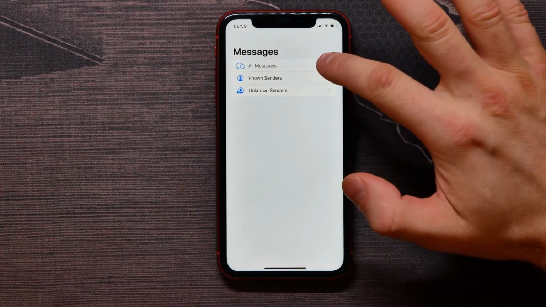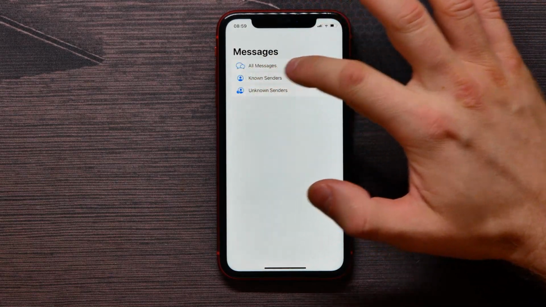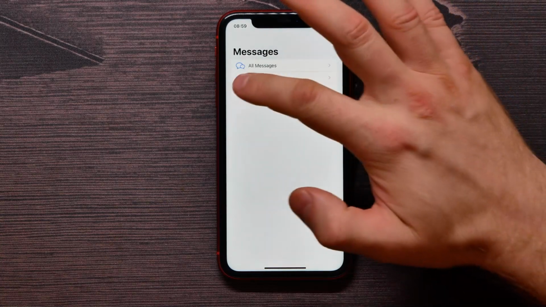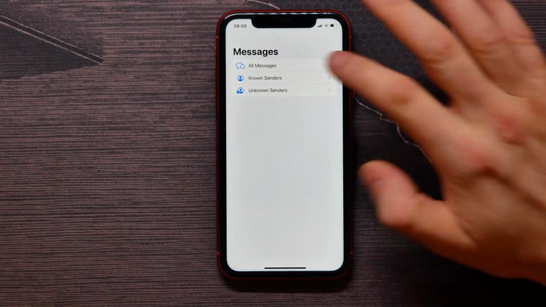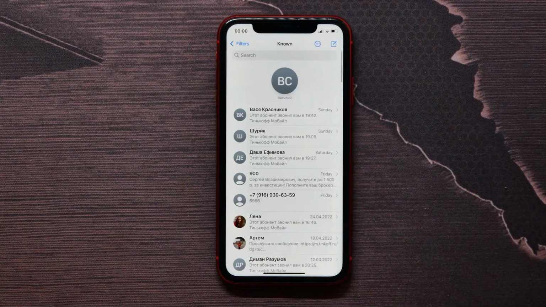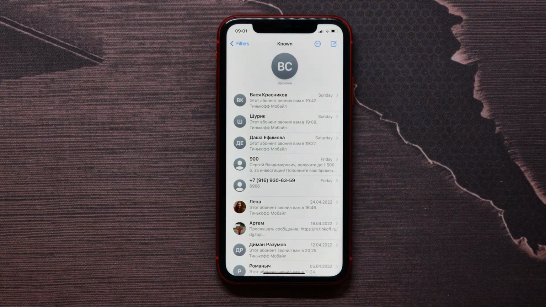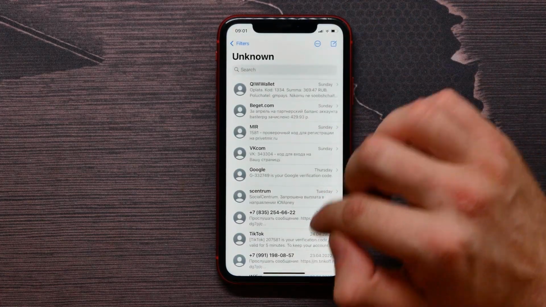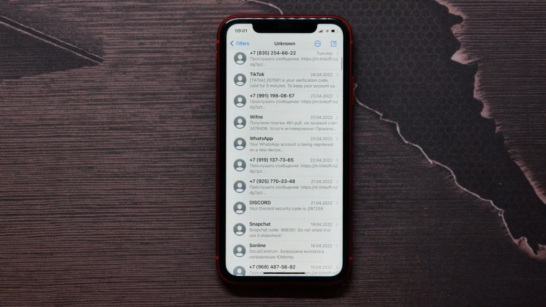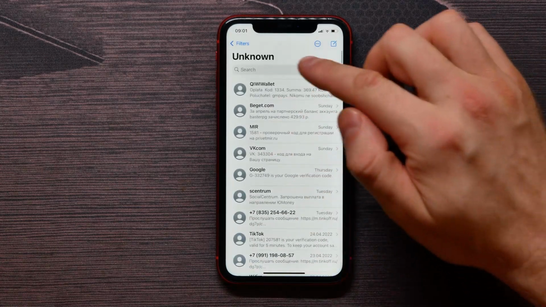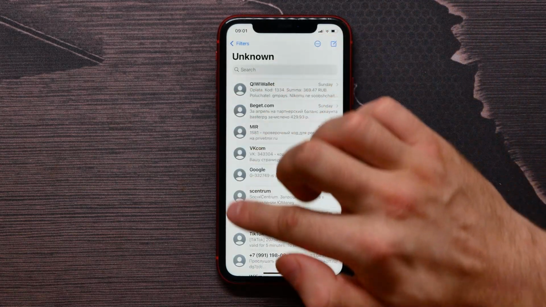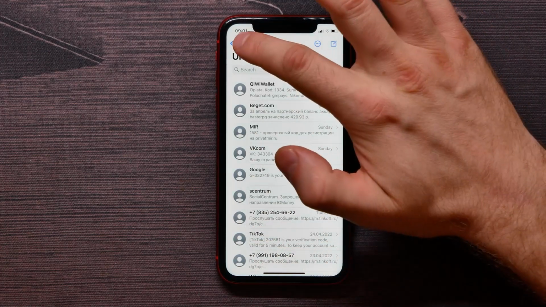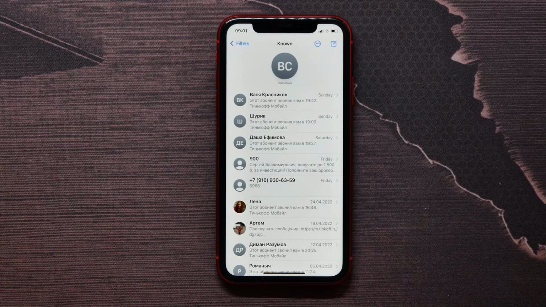I can choose all messages, I can choose just known senders, or I can select unknown senders, and I can just select known senders to get messages just from my contact list. But if I want to see the messages from the unknown senders, I just go back, select unknown senders, and here I see just messages from the unknown senders. So in that situation, you wouldn't lose any of the messages that are sent to you, but by selecting just known senders, all the other senders will not be bothering you